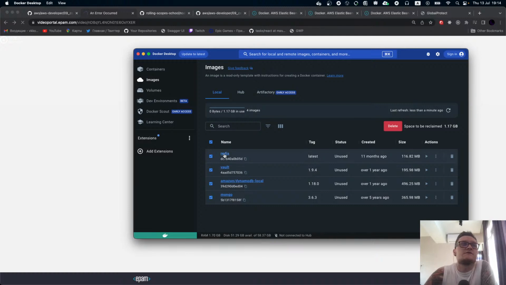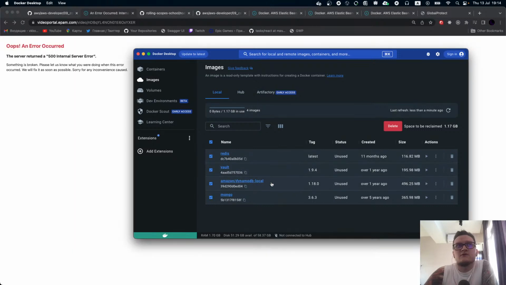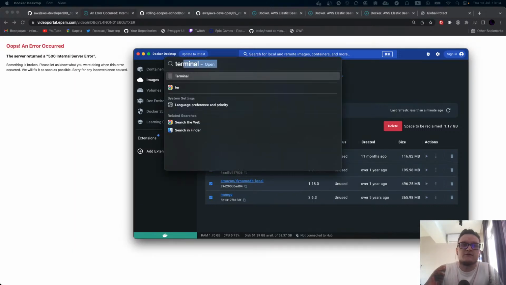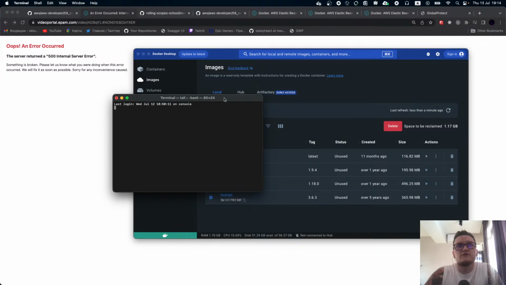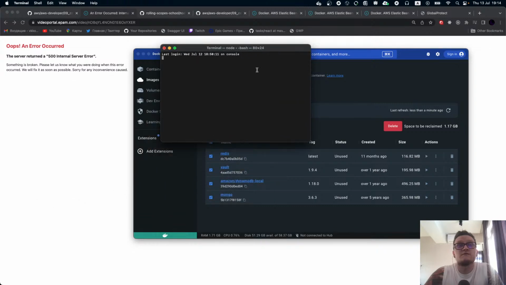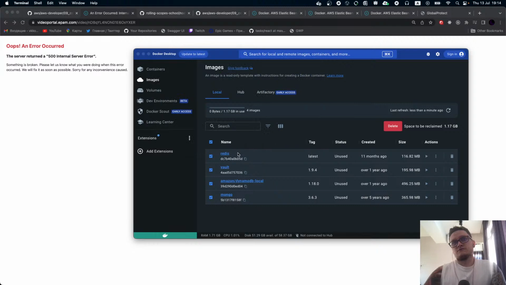We have Redis as cache. And in my case, on my local system, if we check the terminal, I believe I have nothing about Redis, and I don't have anything about DynamoDB installed. So Redis, not found. But I still can run a Redis server. I still can run DynamoDB locally, and I don't have to install any DynamoDB infrastructure, any CLI tools, anything.